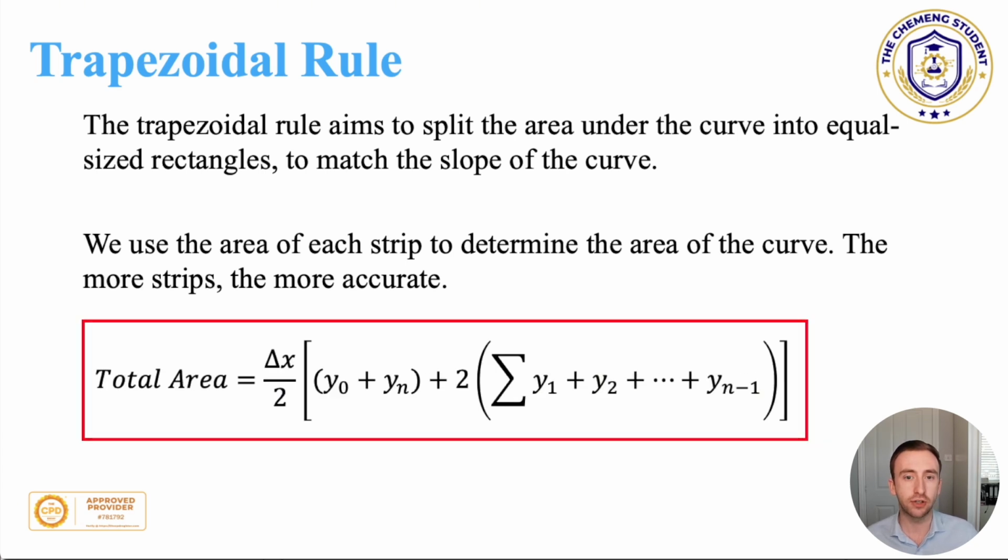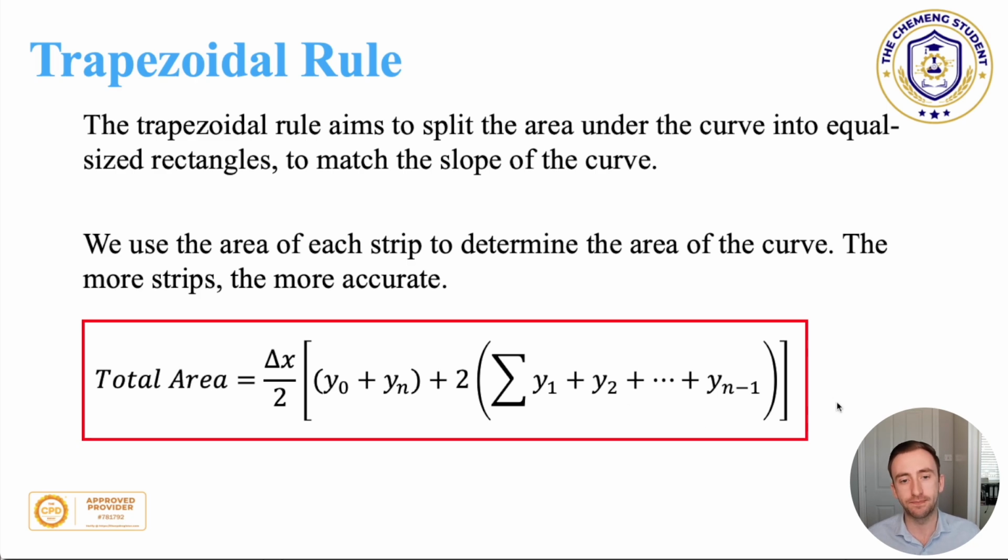The formula for the trapezoidal rule is we have our delta x, so that is the thickness of our strips, divided by 2. We then have the first and final values within our data set added together, plus 2 times the summation of all the other values within that given data range. Now don't worry if this looks a bit confusing,